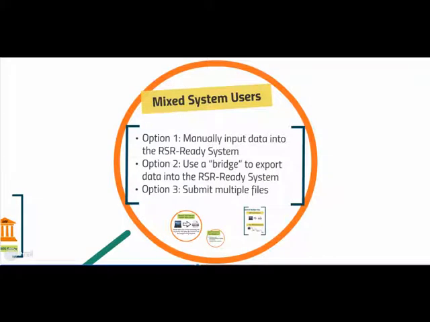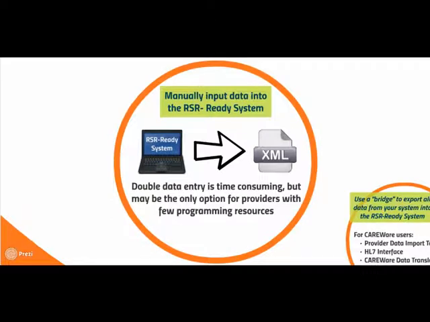If you collect some data in an RSR-ready system and other data in a non-RSR-ready system, you have several options. 1. You can continue to collect your data in both systems and then manually input all the data from the non-RSR-ready system into the RSR-ready system. You can then create your XML file from there. Though double data entry is time-consuming, this might be the only feasible option for providers with data entry resources, but